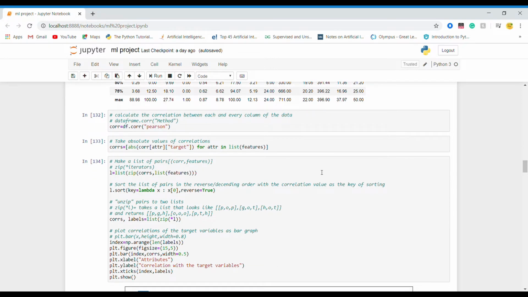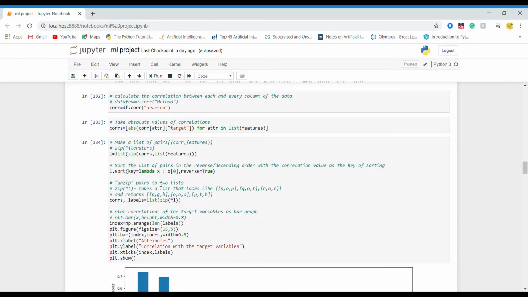And here I take cors and features and make them into a list of pairs and append it into L, and then sort the list of pairs in descending order with the correlation values as the key of sorting. Then I unzip the pairs into two lists called cors and labels.